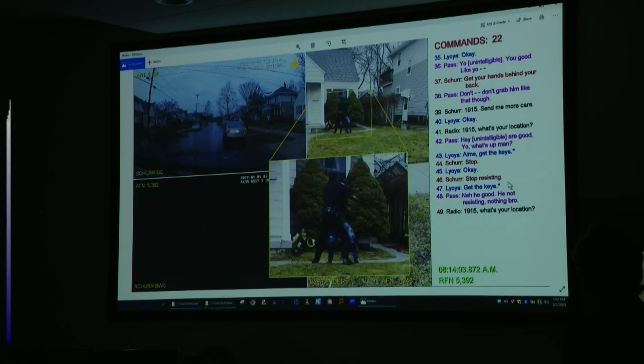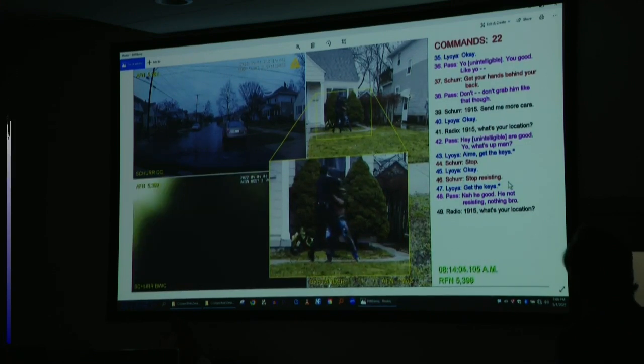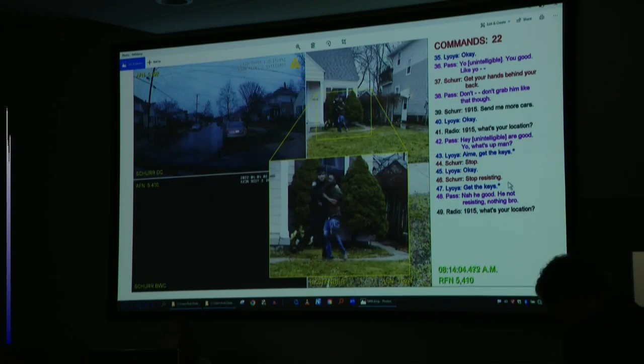And so we could see Officer Schurr has his back to us. We see he's facing the front of Mr. Leoya. We see Mr. Leoya's bent left arm up towards the center section of Officer Schurr. And we can see Mr. Leoya's left elbow under the armpit of Officer Schurr, and his arm extends out. And as I advance forward, we see here Officer Schurr comes off the ground and then gets back down, and now you can see Mr. Leoya's right arm and how Officer Schurr is grabbing onto it. And we end at 5410.